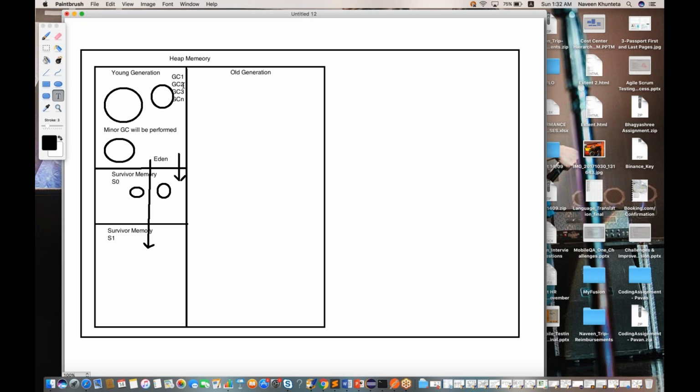Now what will happen during this mechanism? It will keep checking what different objects are available which are ready for survivor, which are important. Immediately the JVM will shift all these objects to survivor memory. And when some objects are available which have no reference, some blank objects or some null references,